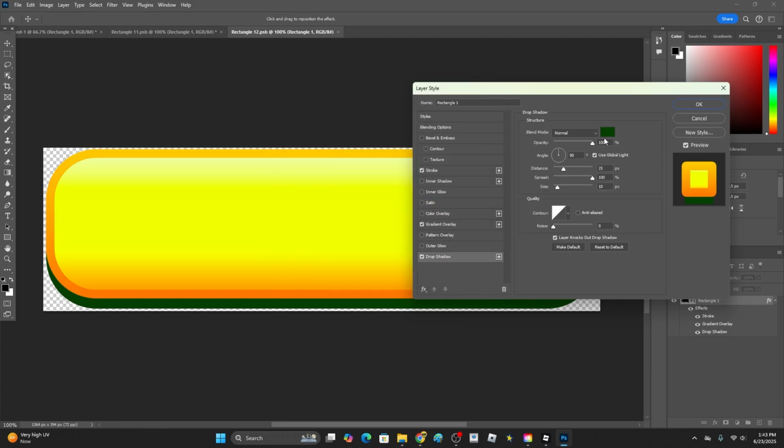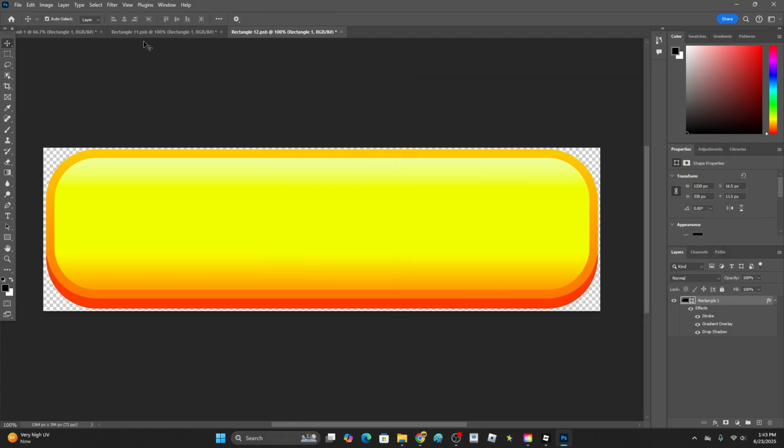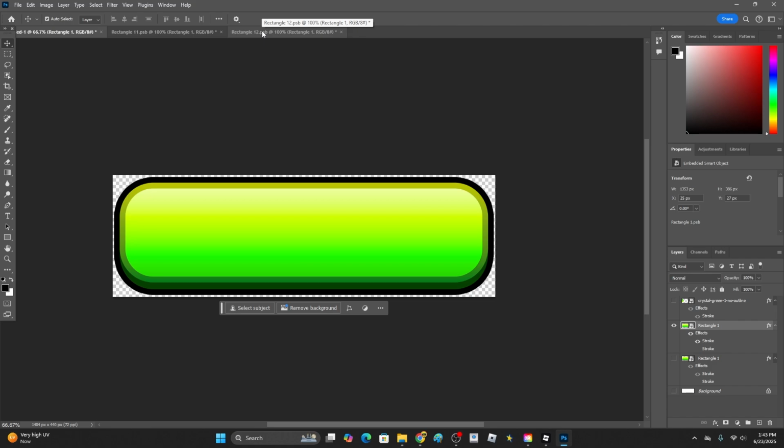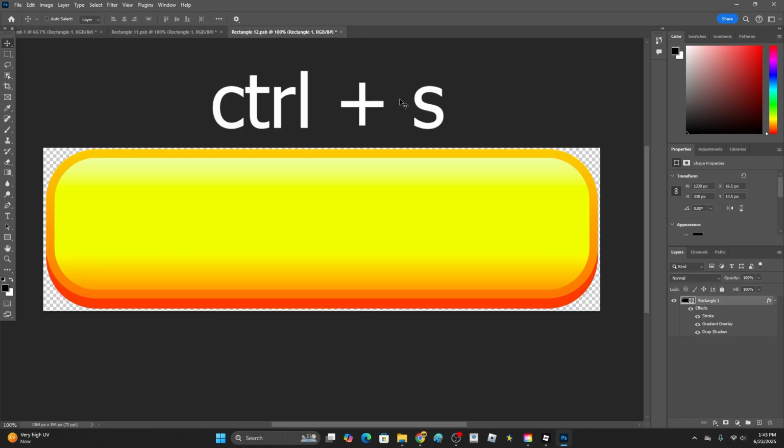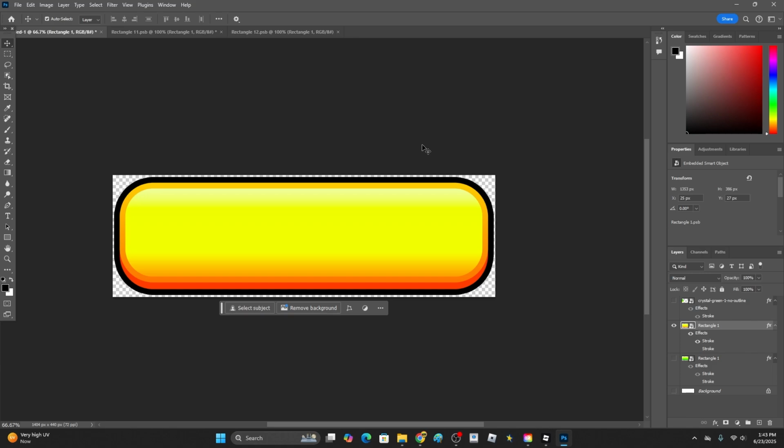Now let's go down to the drop shadow, and for this color, let's just go ahead and make it a dark orange, darker than that, because we want it to pop out. And there we go. Let's click OK. Let's go back over to a regular image, and oh, we actually forgot to click Control S. So click Control S to save it. There we go. And now if we go back over to the regular image, boom, just like that, we already